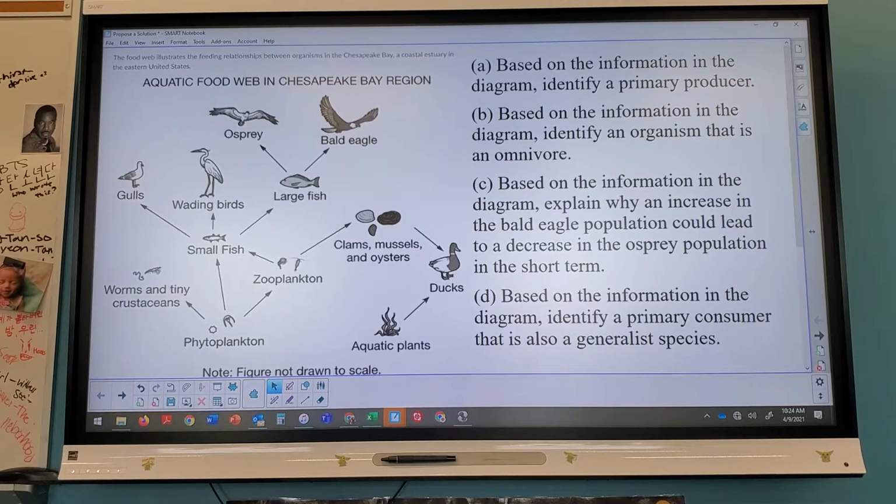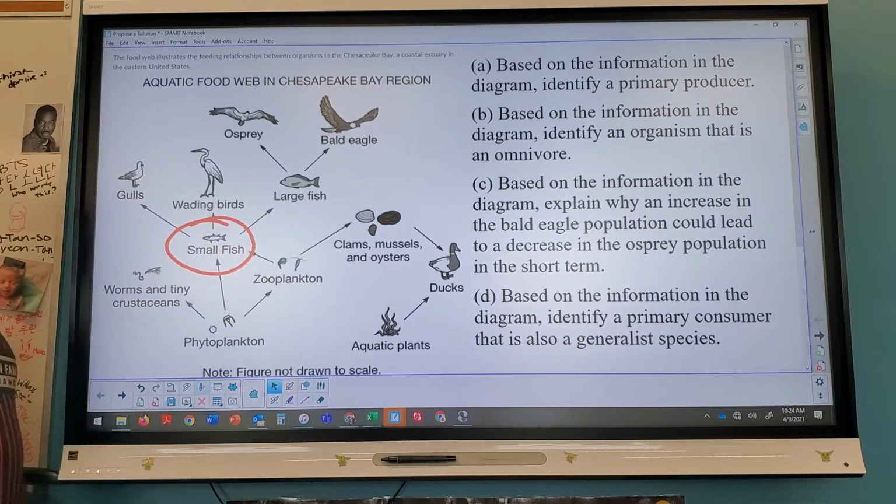And go. Small fish? Sure, yeah. Ducks? Yeah. Zooplankton. Zooplankton? What does generalist mean? It eats pretty much anything. Pretty much anything, right? And if you're looking at this, I think the smartest answer to pick would